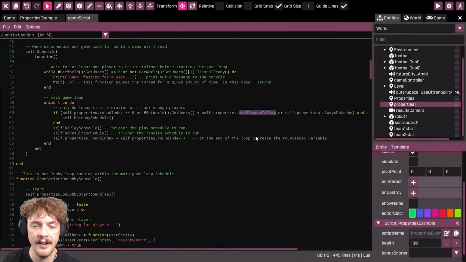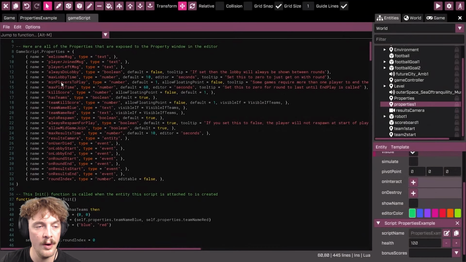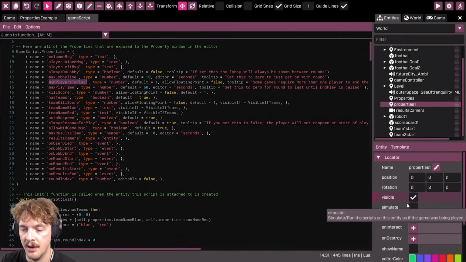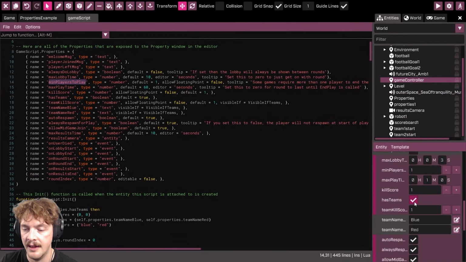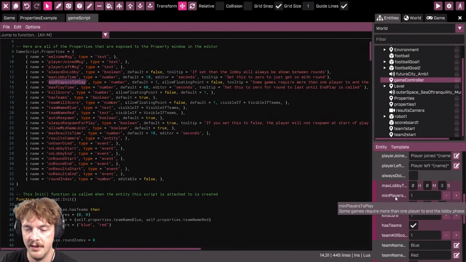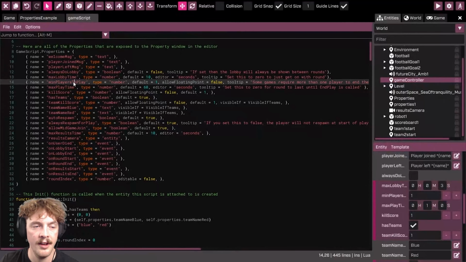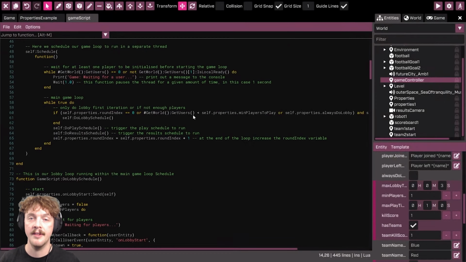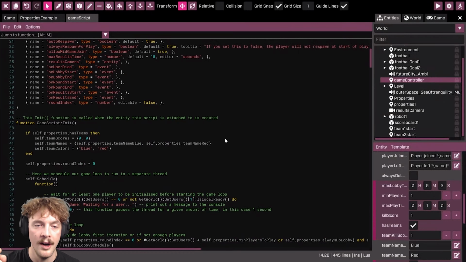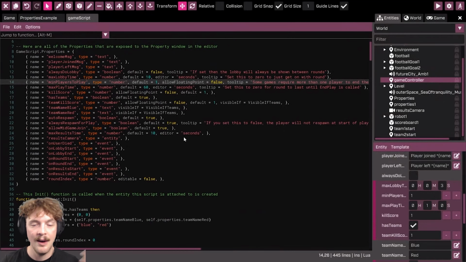So now, wherever this property is used in the script itself, it will be replaced with whatever this property has stored, so whatever is written in the entity editor for that specific property. Min players to play is just there. So it's 1. This will be replaced by 1 in the game at runtime. So rather than us writing the literal number 1 in our script where we want to use that 1, we can now really easily just say, oh, I want to have more players. There needs to be more than one player in my game. And we can do it without having to touch our code.